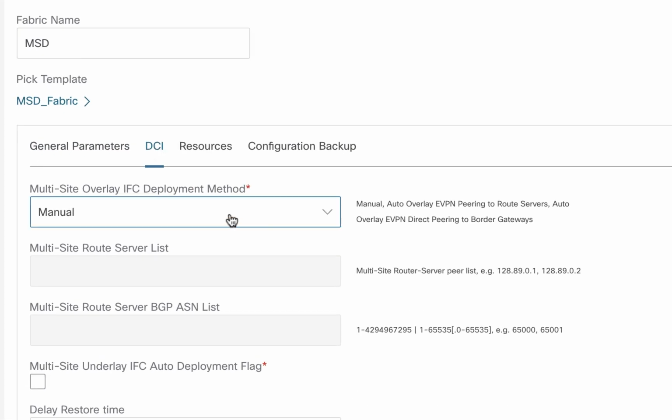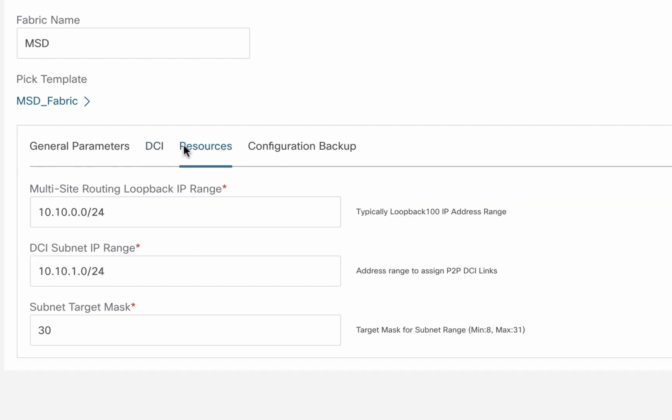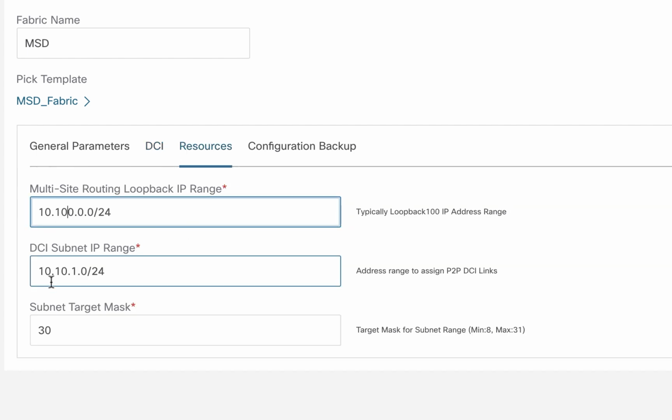So what we want to do now is to automate the deployment of the multi-site. For the overlay, we change the overlay to direct to border gateway, which is the back-to-back configuration, and we enable the underlay auto configurations. Again, optionally, you can change the loopback IP range,